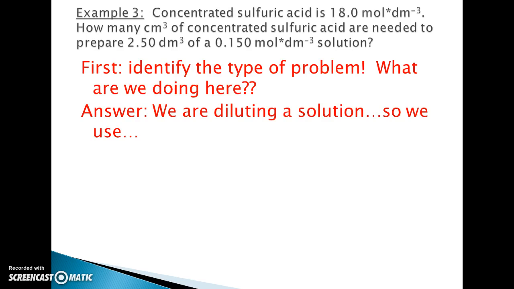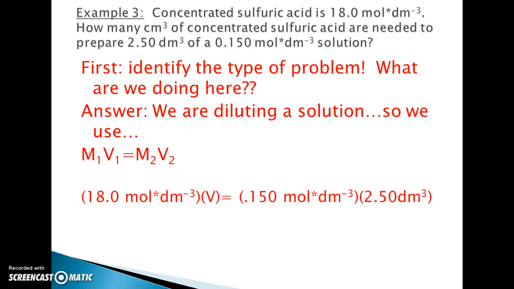Okay, so we're diluting a solution, so we're going to use M1V1 equals M2V2. Now it's really important here that you keep things on the right side of the equation, right? We know that the concentrated solution has a molarity of 18, and we want to know its volume, so that's our variable. On the right side of the equation, we know that we want to make a 0.5 mole per decimeter cubed solution, and we want to make 2.5 decimeters cubed of this solution. Okay, so we can easily solve for the volume of the original solution, and we get 0.0208 decimeters cubed,